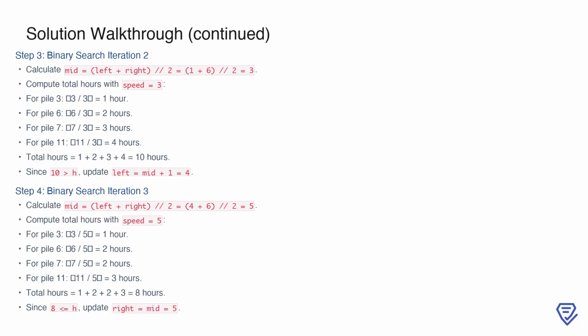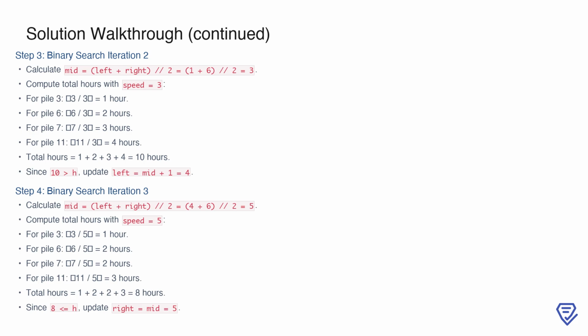For the third iteration, we calculate mid equals (4 + 6) // 2 equals 5 and test this as the speed. At speed 5, eating pile 3 takes 1 hour, pile 6 takes 2 hours, pile 7 takes 2 hours, and pile 11 takes 3 hours, summing to exactly 8 hours. Since 8 is within the allowed time, speed 5 is feasible, so we update right to 5, further narrowing the